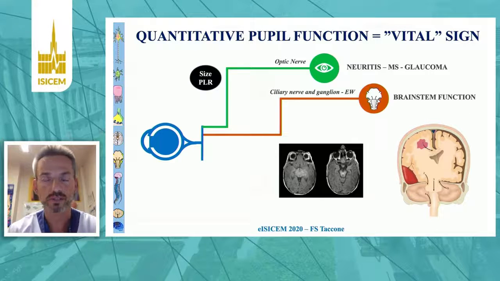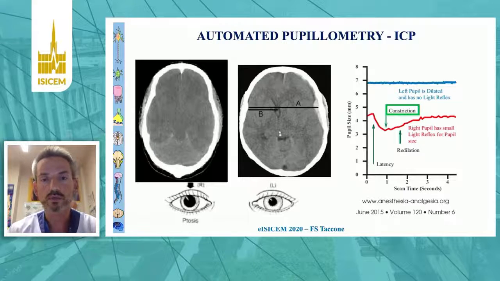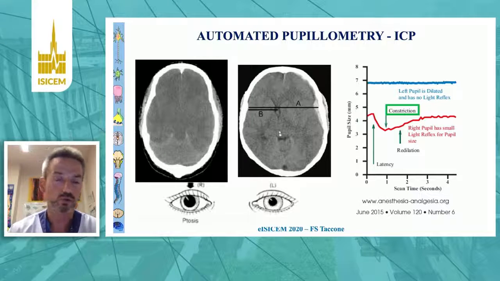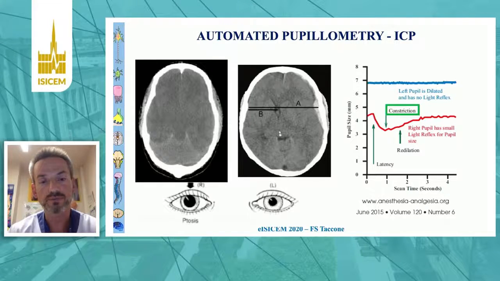Now, how to use it? Well, specifically for brain injury patients, looking at the structure and the anatomy of the pupillary light reflex, we can use it to extend brainstem function in brain injury patients, in particular the mesencephalon function. What we know is that when there is an increase in ICP, especially with midline shift, there is a compression on one side or two sides of the mesencephalon. And the first alteration, far before the anisocoria, is a reduction of the constriction velocity when we assess the pupillary